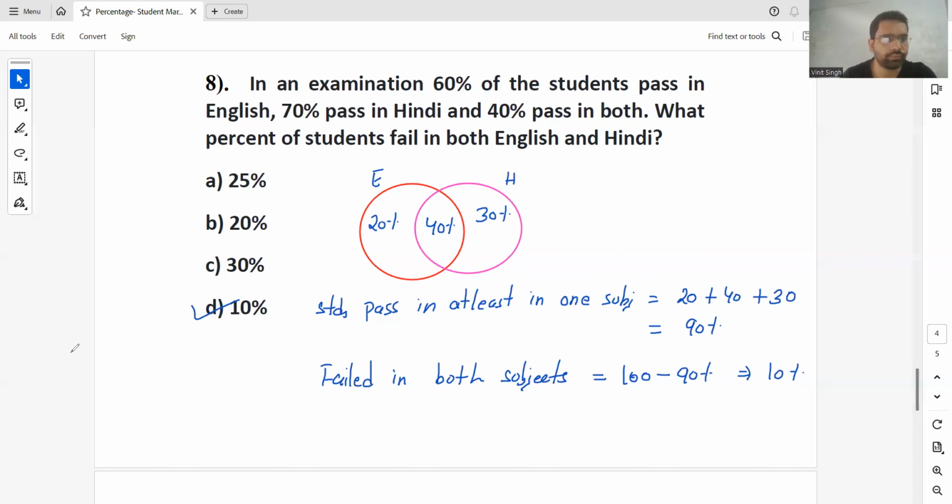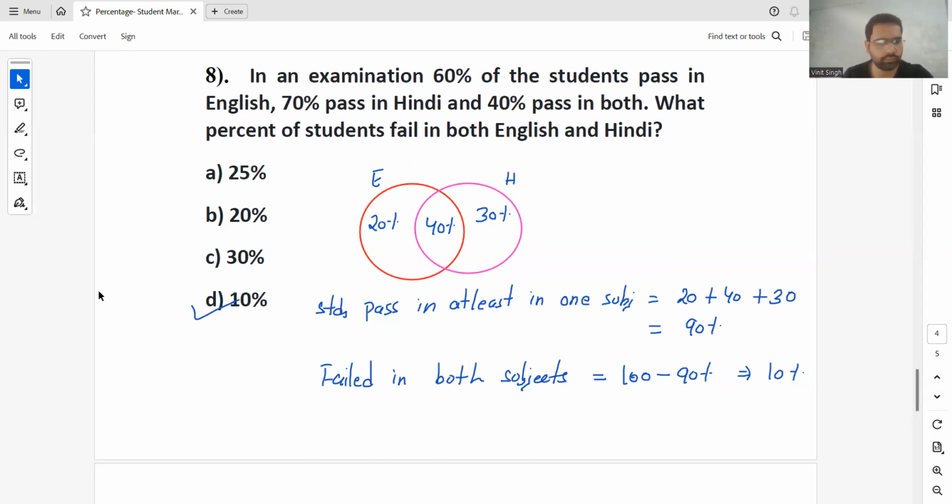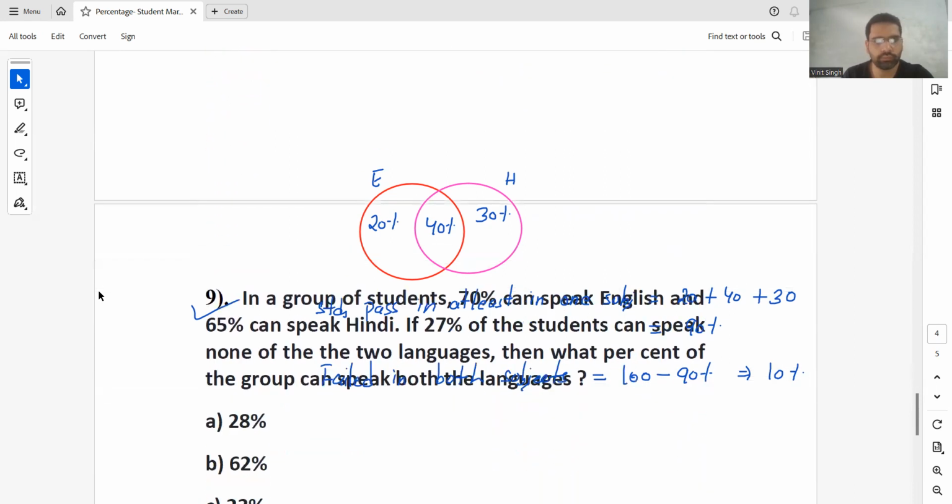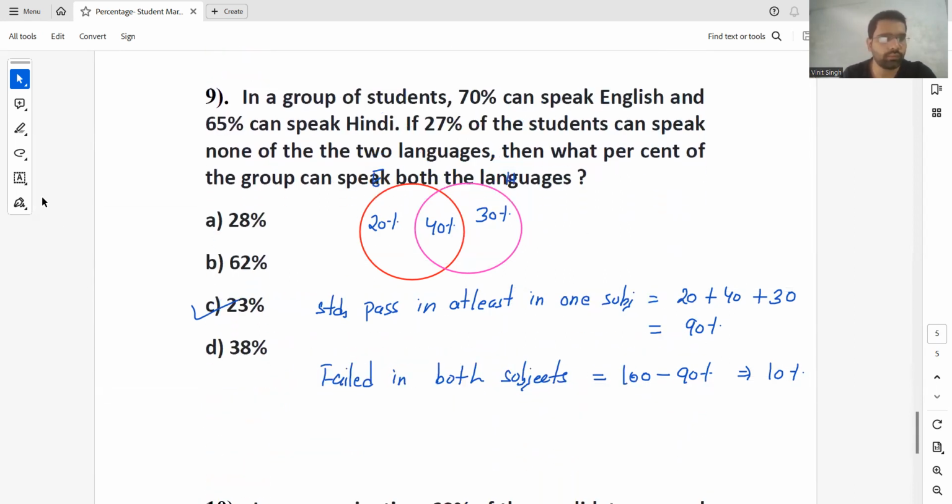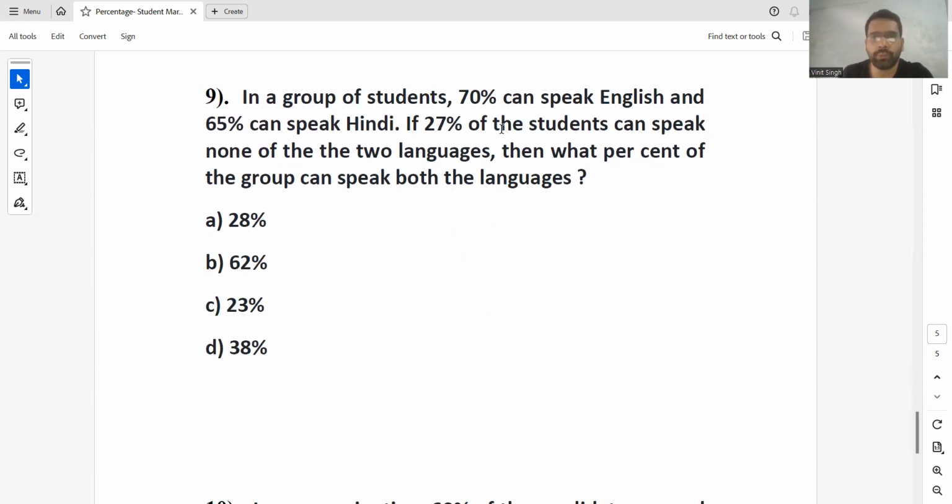Next question. In a group of students, 70% can speak English and 65% can speak Hindi. 25% of students can speak none of the two languages. Then what percent of the group can speak both languages? Now,